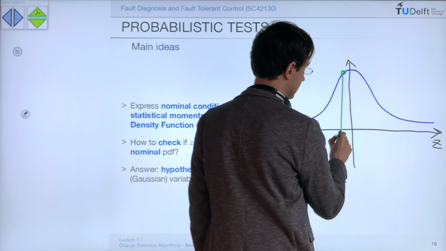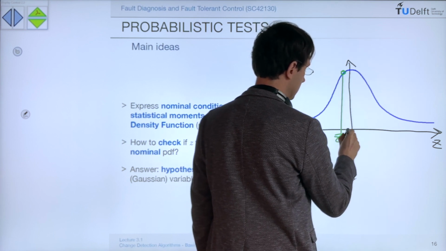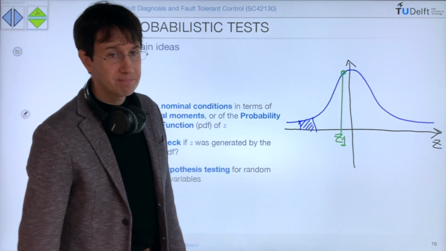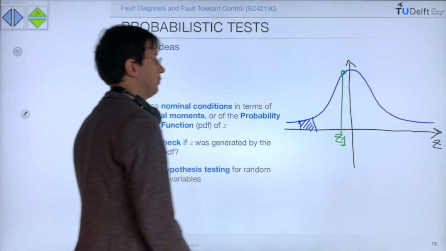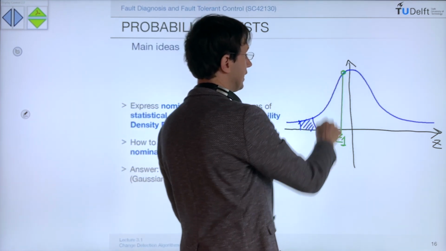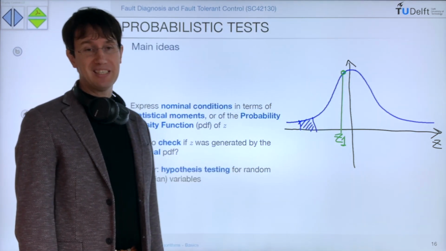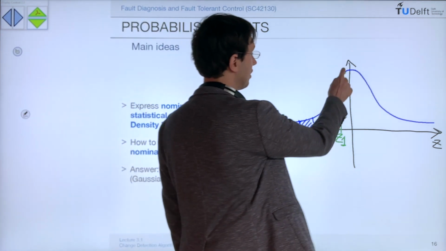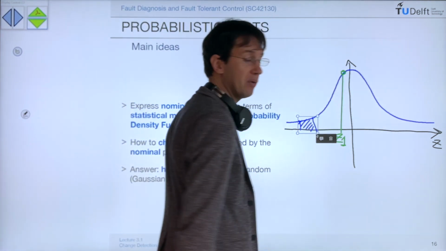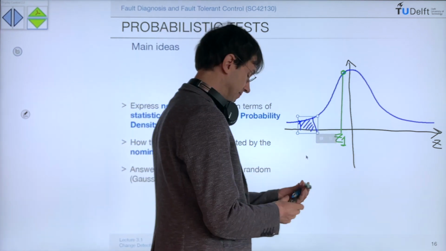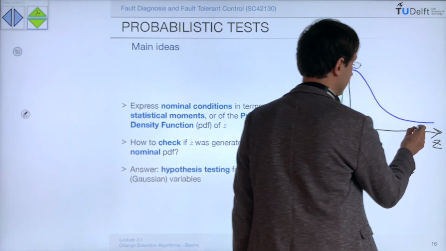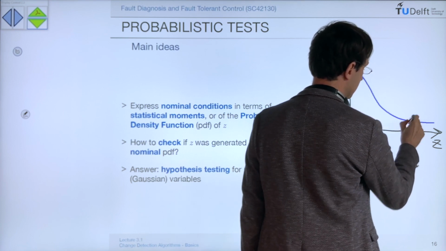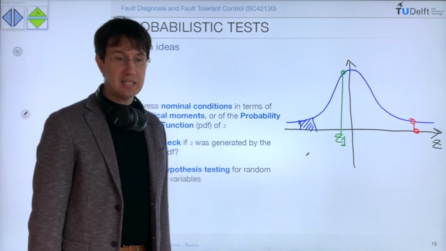So if we have this z1, let us assume again now that z is a scalar. Well, the value of the PDF is high, so we are going to deduce that this is a likely event. Indeed, likelihood is the value of the PDF evaluated for z1. But if we get a sample of that here, the value of the PDF is small,